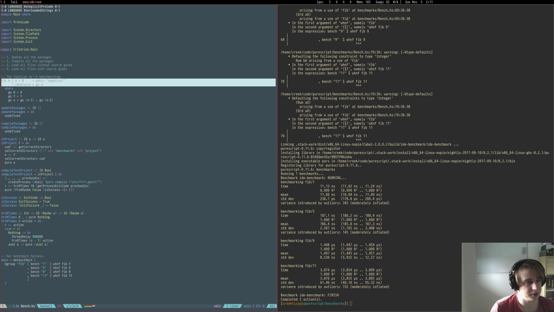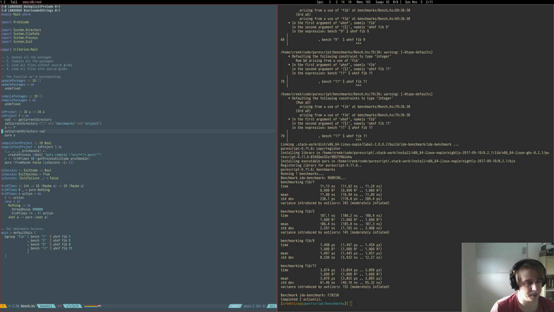So let's get rid of fib because we don't want to actually benchmark fib. We'll call this benchmark group IDE. Bench looks good. I'm gonna do with source globs. Right, and then we're gonna say, oh, sorry. So with source globs, and this is actually the one without. Don't care about these. And here I'm gonna do the thing where I actually load the thing. But now, before I do any of that,